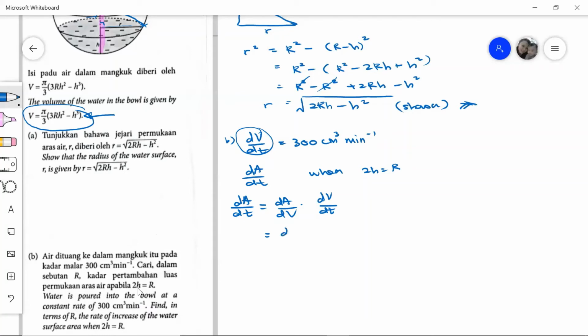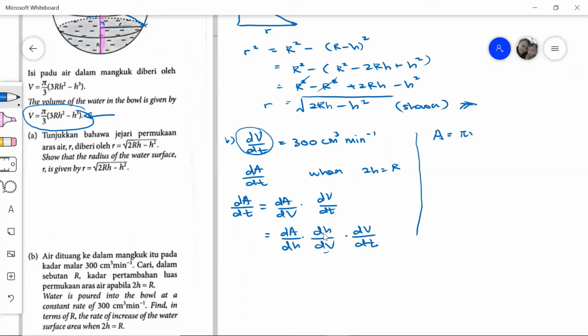So we split this again, dA by dV, so chain them together by dh. Now this one we don't have, but can be found. All right, why do I choose h? Because r can be replaced with 2h, and the small r here is also written in terms of the r and the h. So with that, I shall form the equation of A